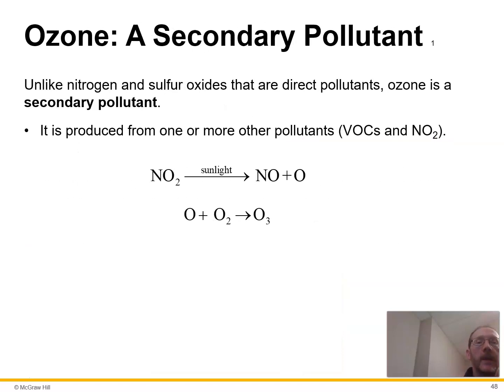Ozone. So ozone is what is called a secondary pollutant because it gets produced from other things. Now, you can actually produce ozone, as I mentioned earlier, with electricity. Lightning produces ozone. You might have smelled ozone after a lightning strike. But ozone just gets produced in the atmosphere when sunlight hits other molecules as well. And so when some of these other molecules go into the air, it produces ozone.